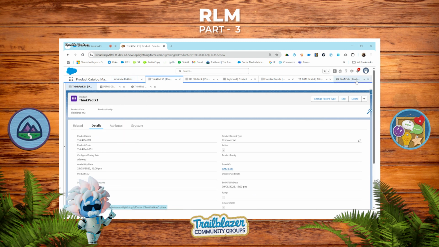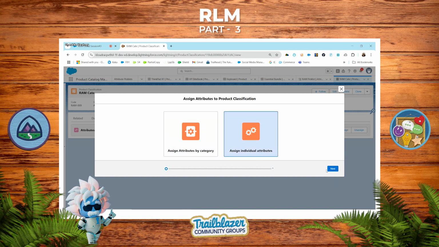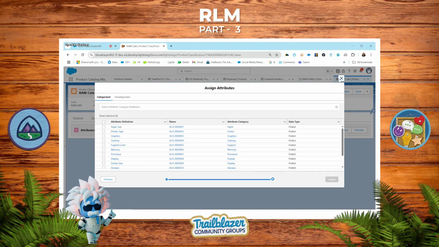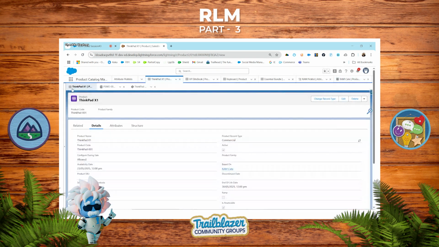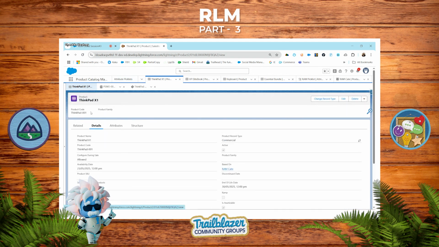Okay. Right now I'm not able to assign the attributes. For this time I'm not able to assign the category, like product classification, attributes to the product classification.